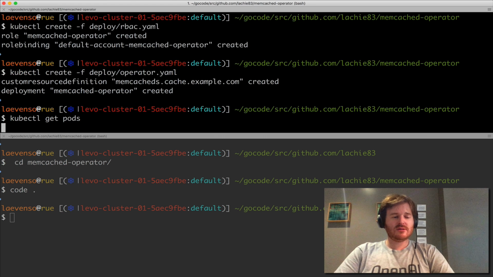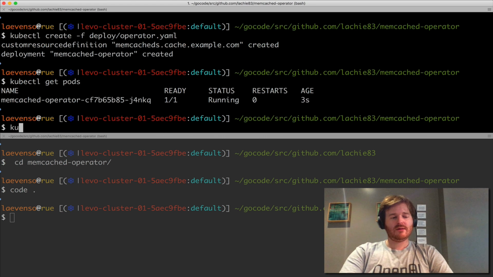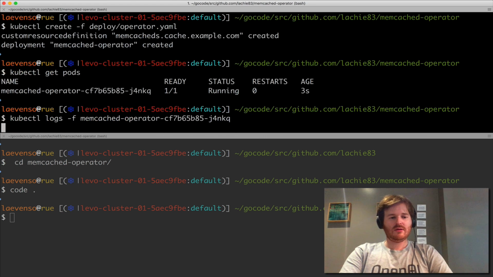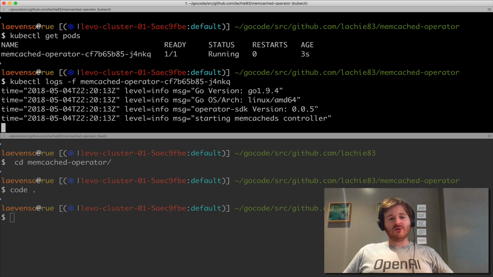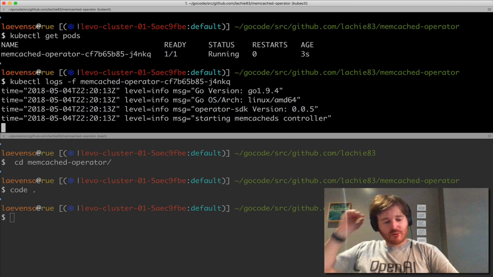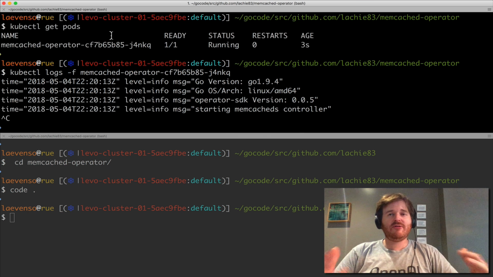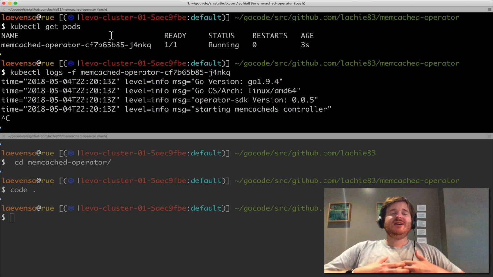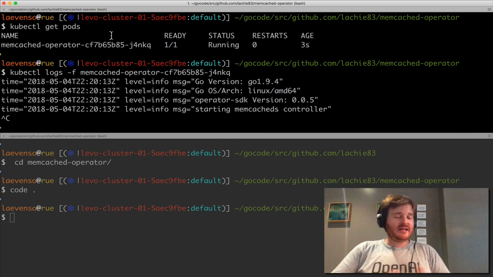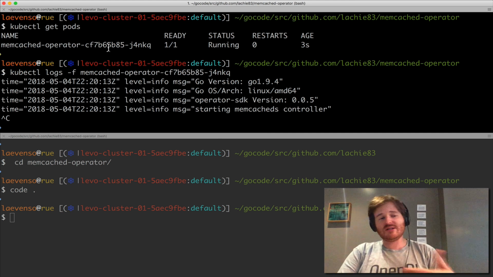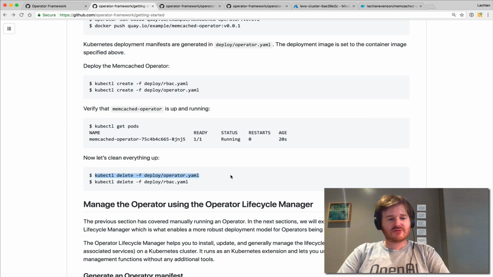Kubectl get pods. So we're up and running. So I have gone from zero to operator, deployed on my cluster in no time. Obviously the scaffold, and I took the handler, which is all the logic, but all the boilerplate interactions with the Kubernetes API and what to listen on, that's all done right now. This is all done. Now, I'm going to move on to the lifecycle manager here in the interest of time,